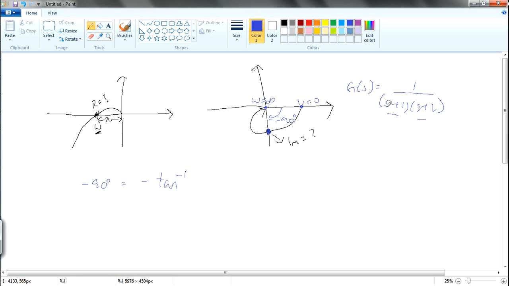You know that we have j omega plus 1 and j omega plus 2, after I substitute s equals j omega. If you remember, this is imaginary over real, so it's opposite over adjacent. So if I do that, it is minus inverse tangent omega,